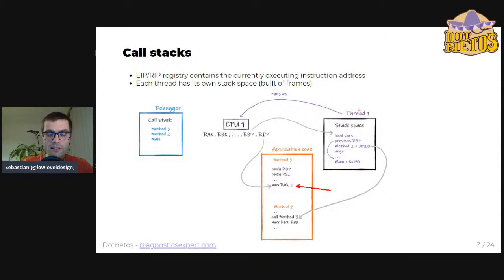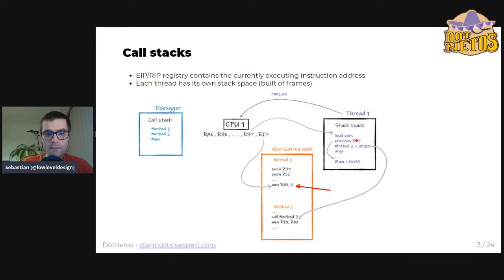Then there was the thread currently executing on the CPU. Let's assume it was thread number 1, and it had a stack space. In the stack space, it had some local variables,